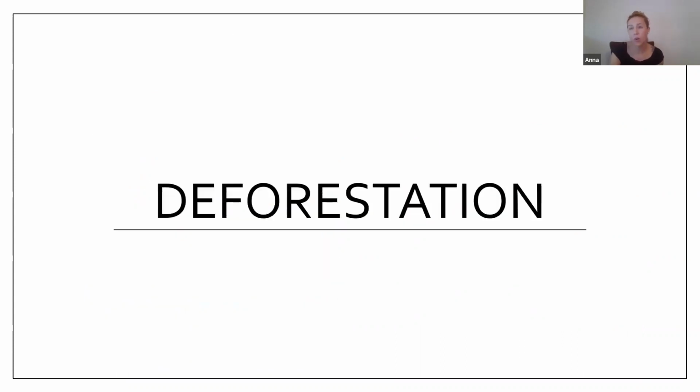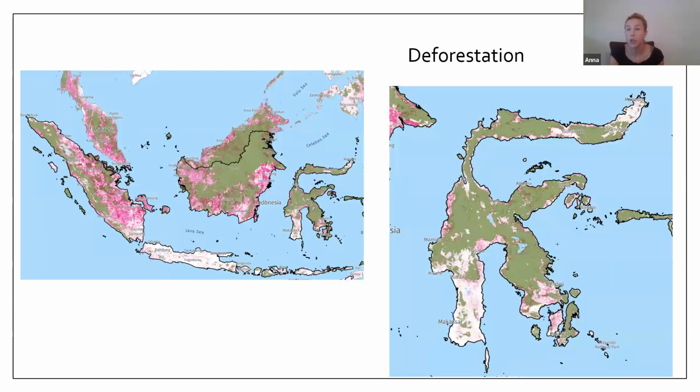So in Indonesia, one of the biggest threats is, of course, deforestation. These are some maps from the Global Forest Watch that are looking at how forest cover has changed through time. The pink is areas that have been deforested in the last 20 years, and the areas in white are areas that really have been deforested previously, in the 1900s. So we can see that there's a lot of forest change still happening today.